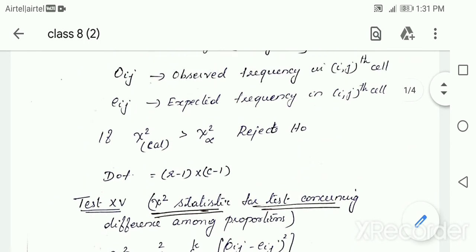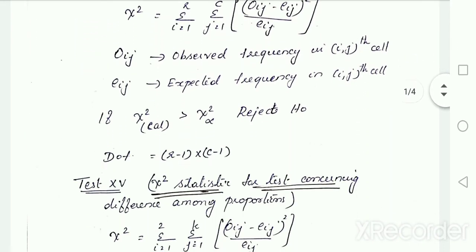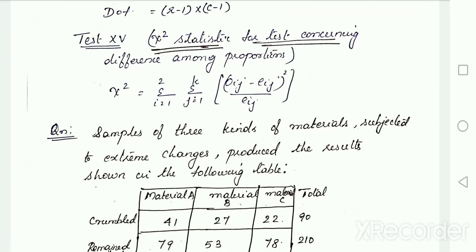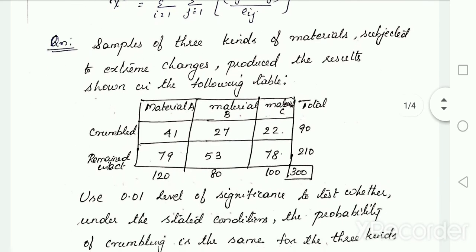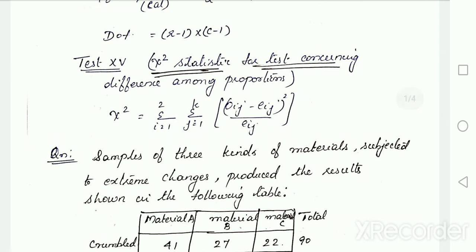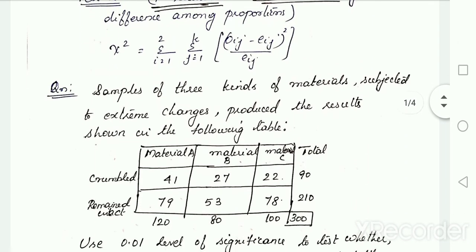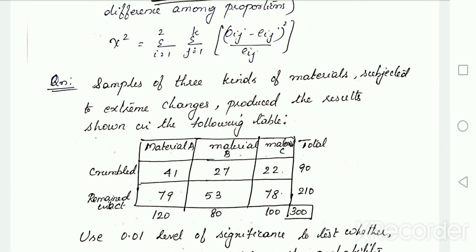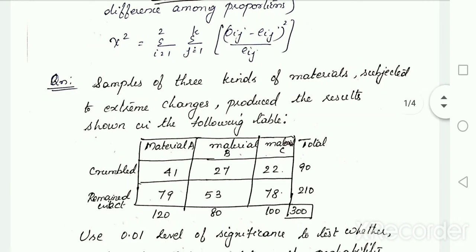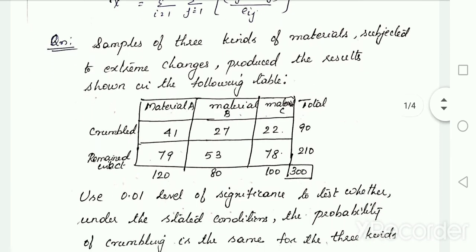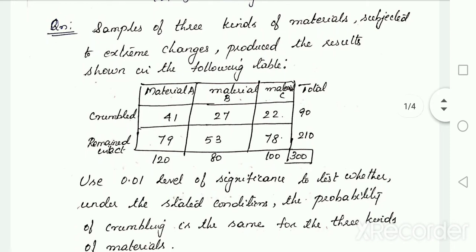Another application for this method is that we can check in a table whether all the values are equal or not. That means we have to verify whether there are some differences among proportions or not. So the same method we can apply for testing any differences among proportions. In the null hypothesis we consider all the proportions are equal, and in the alternative hypothesis we take that there is a difference in proportions or some difference about values.